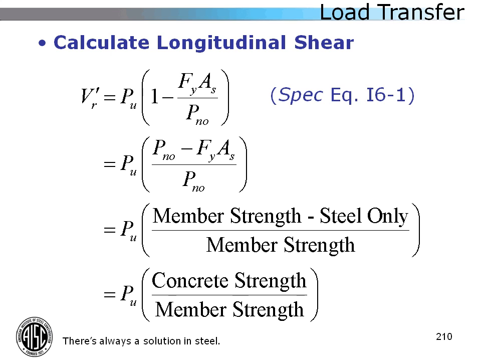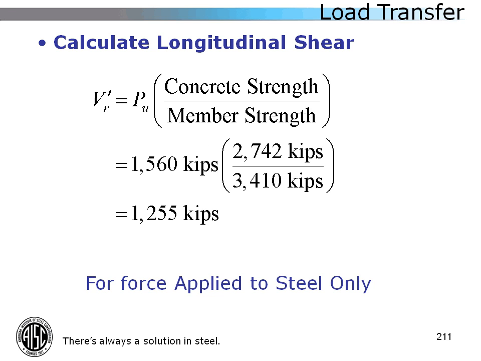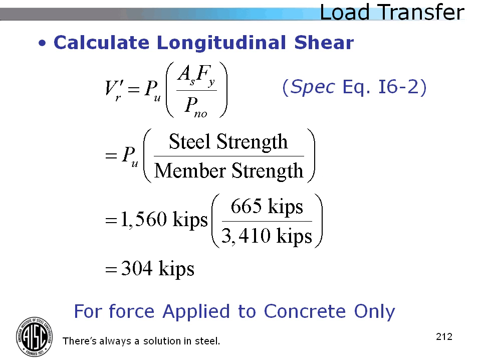So you're back to common sense. It's just a ratio. If you run through those numbers, you will come up with a longitudinal shear requirement of about 1,200 kips for load applied to the steel only. You can do the same thing for load applied to the concrete only with specification equation